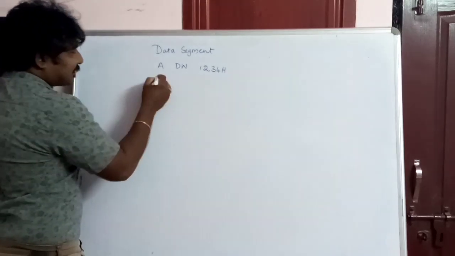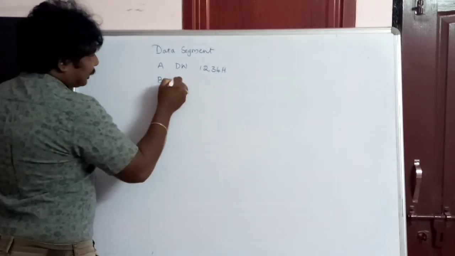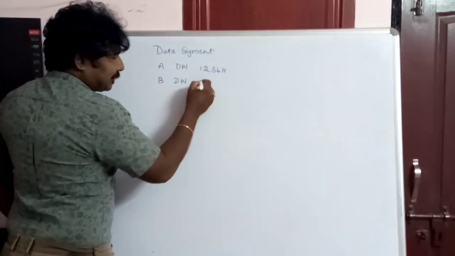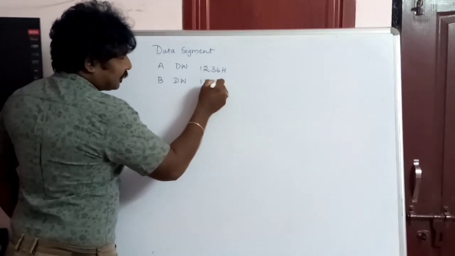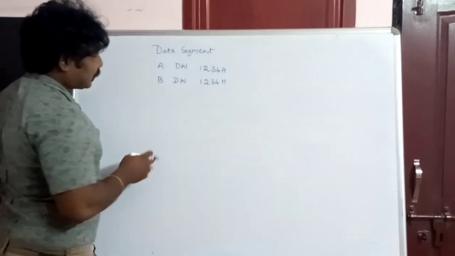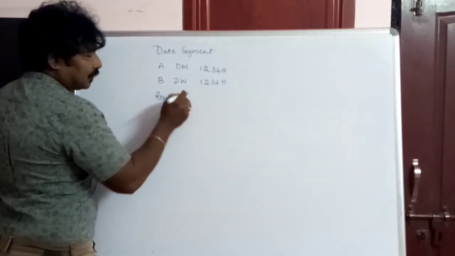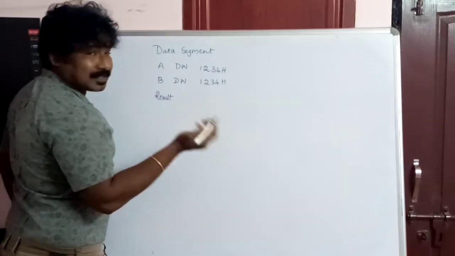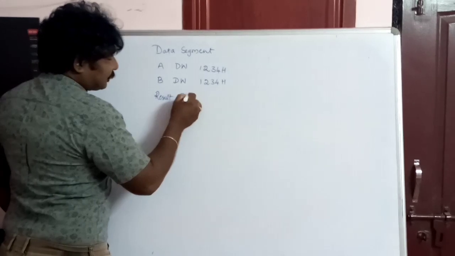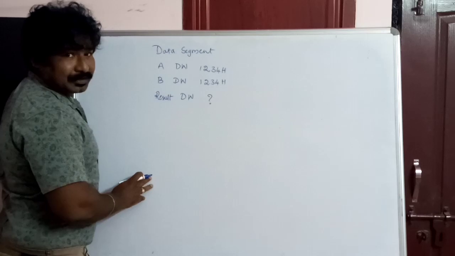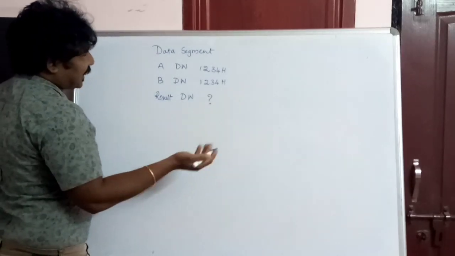We'll declare another memory operand, that is B. This is also of DW, that means define word, since that is my 16-bit number. I am taking the same number for easy calculation purposes. The third memory operand is result. When you add two 16-bit numbers, obviously you will get a result that is also a 16-bit number. So we'll declare it as DW type, and initially we don't know the result value, so we put a question mark for that. So this is the end of my data segment.